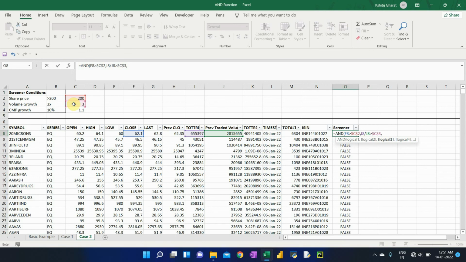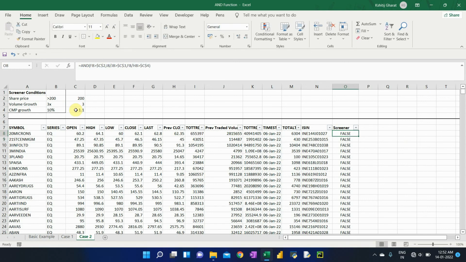And my third logical test will be on the growth of share price, that is my close divided by previous close should be more than 1.1. So I'll link cell C4 and I'll lock it by pressing F4 and I'll press enter. Now if you look at this formula, the formula looks very confusing, but this is very dynamic. How? I'll just get onto it in a minute.